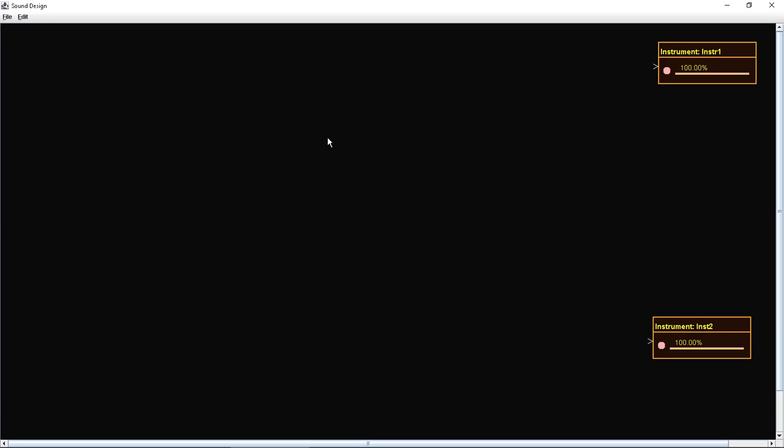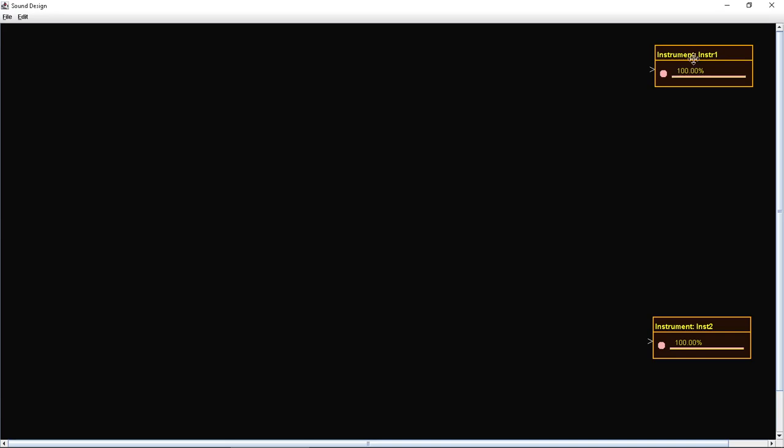The notes on the music sheet basically tell the system here when to start the note and when to end the note. And the sound design screen that I'm about to get into will basically describe how this sound changes its volume, frequency, and so on over time during that note. So